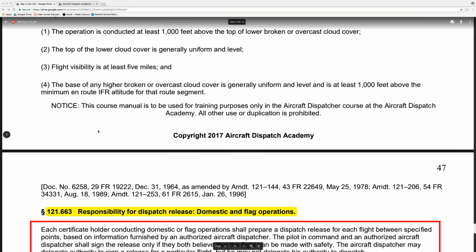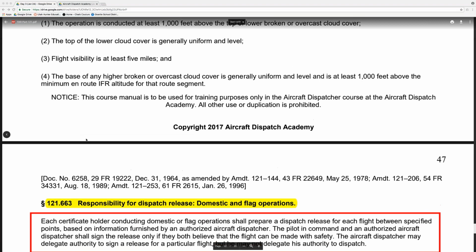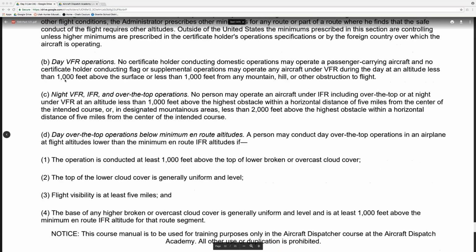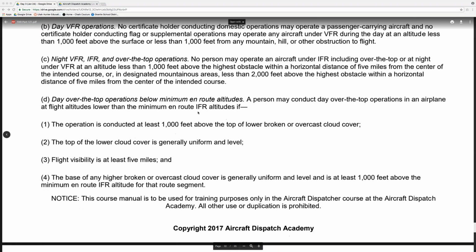All right. So does anybody have any questions about any of that? It's pretty plainly spelled out. And since we don't do too much VFR flight, we're not too concerned about these two. And then as for this over the top, we're going to talk about,